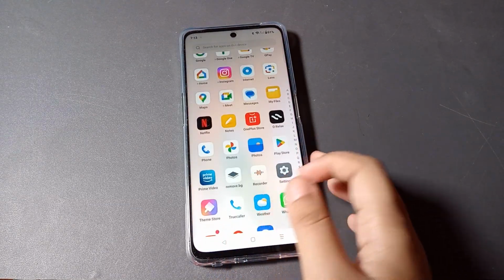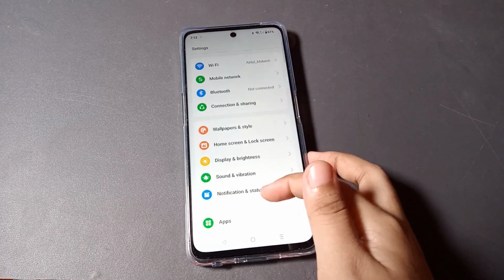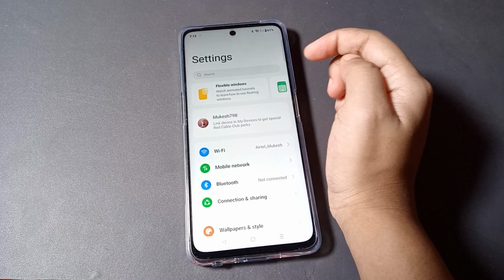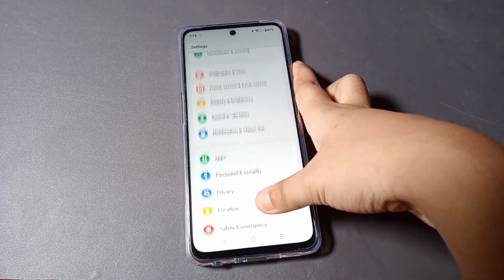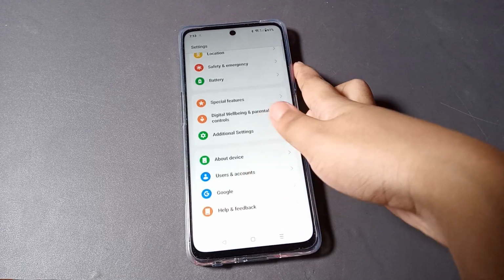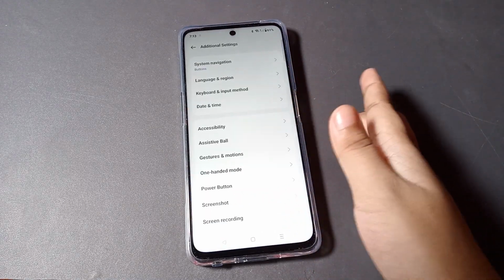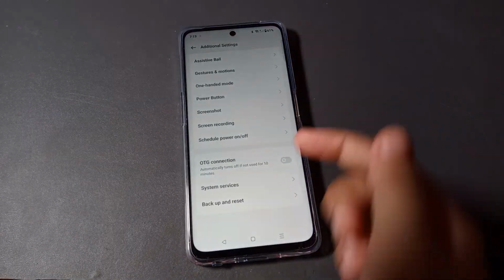So the first thing you have to do is open Settings. Just click on Settings. When you move to the settings, you can search for Network here. After that, move to the network settings. Here you can scroll down, and the second option is Additional Settings. When you open Additional Settings, scroll down again, and on the last